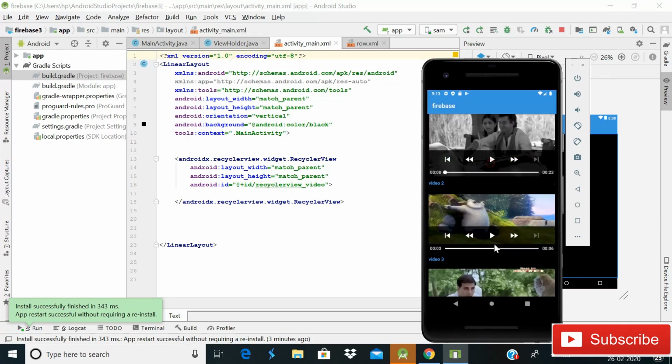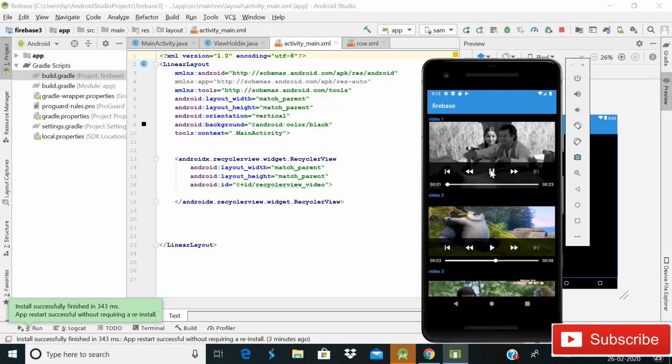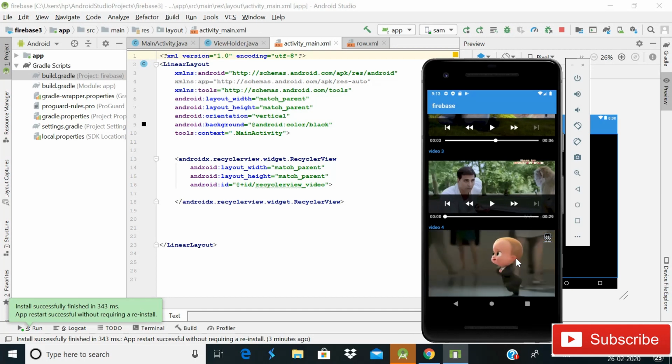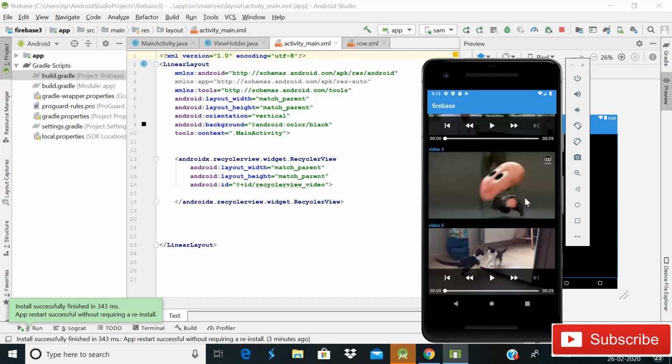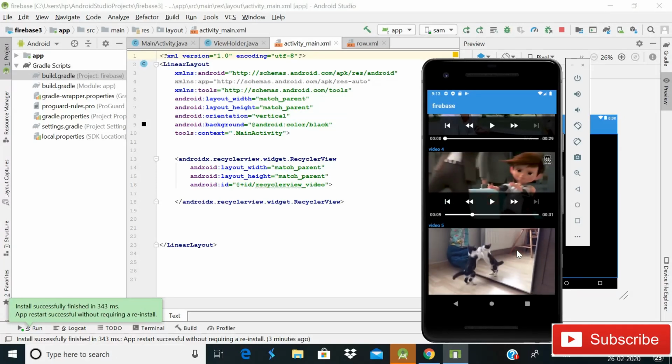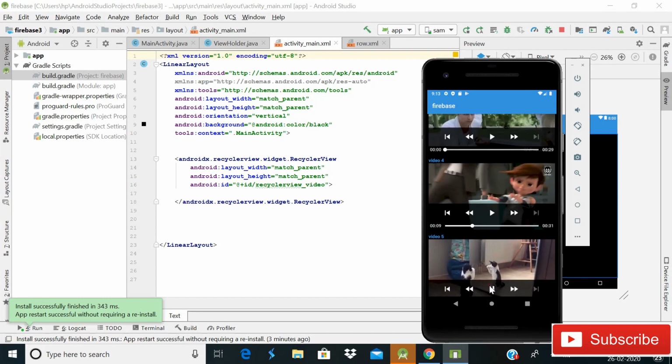When I click this button, that video is playing, and as you can see, it is streaming very smoothly. And when I again click this button, now it is paused. And when I click this one, you can see that it is streaming very smoothly. Now there is no kind of error. So with full functions of Exoplayer, when I click this one, it is also streaming very smoothly.